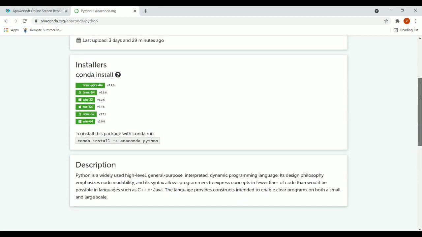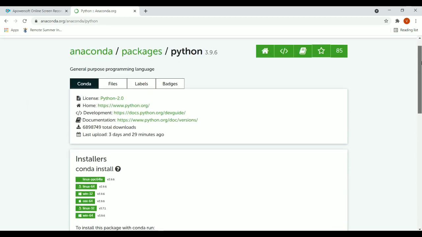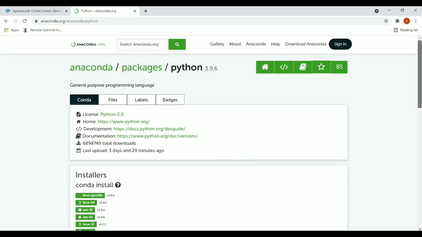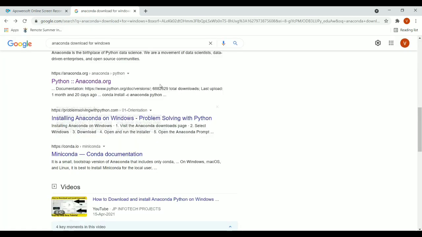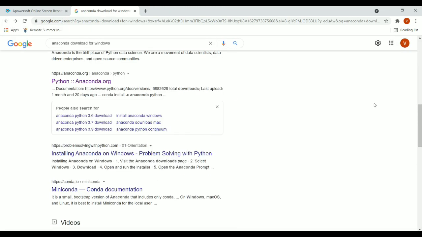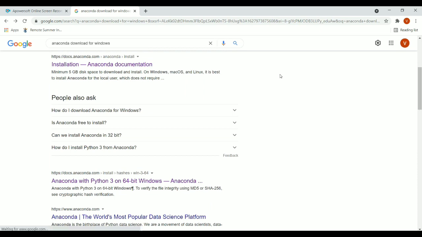Like on Python, they have given the commands for how to install these. Like on Windows, if you want to install, they show what the commands are. You just have to copy the command, and in Anaconda there is a command prompt. On that command prompt, you just copy the command, paste it, and press enter, and then the package will be installed. I will show you one by one how to do the installation. Once pandas and Anaconda are installed, we will go through them one by one.